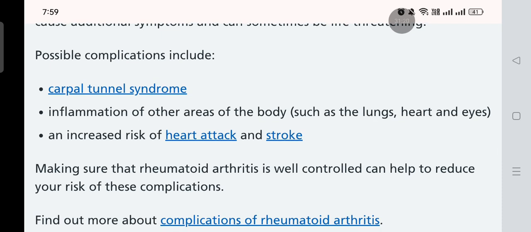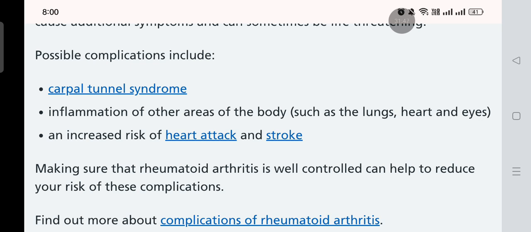Possible complications include carpal tunnel syndrome, inflammation of other areas of the body, such as the lungs, heart, and eyes, an increased risk of heart attack and stroke,